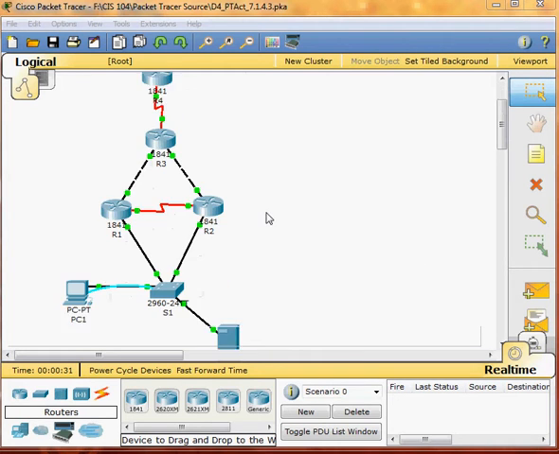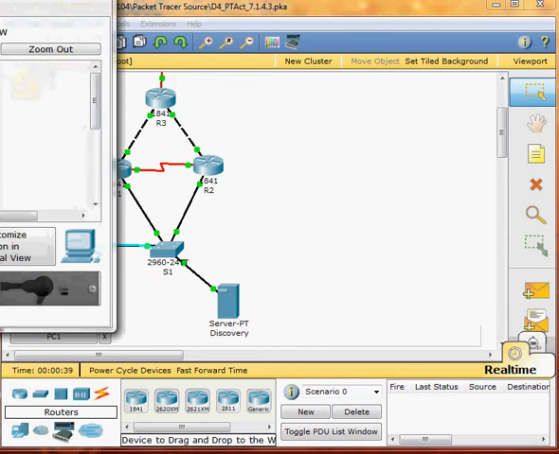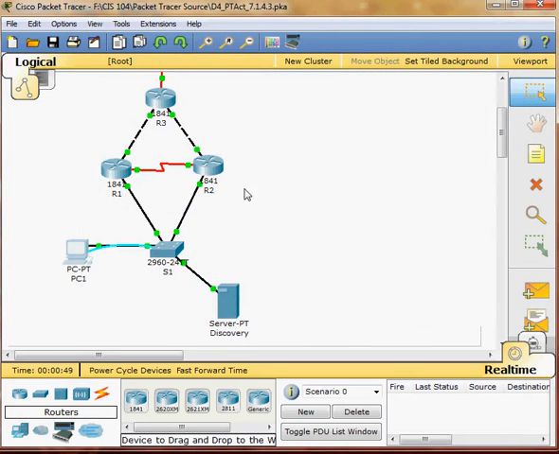So from PC1, we have to go to... so I think we have to do PC1.